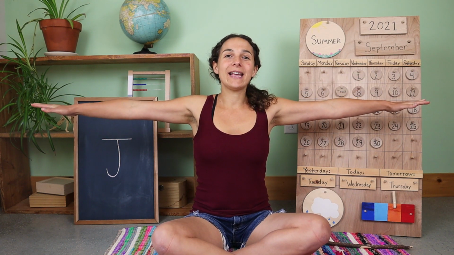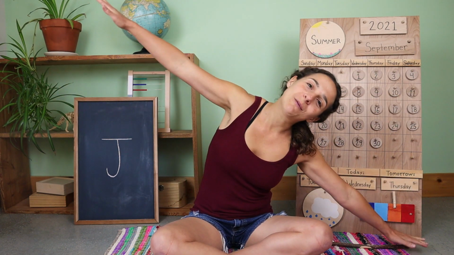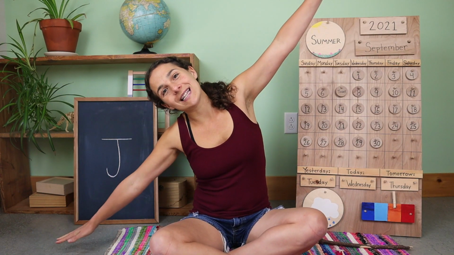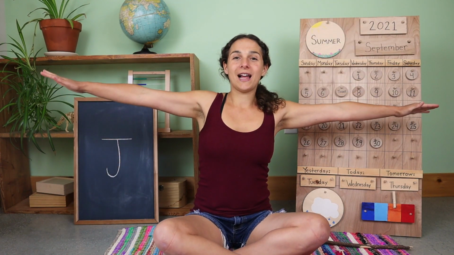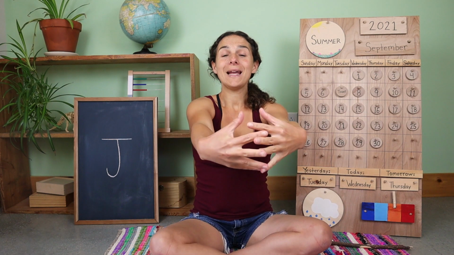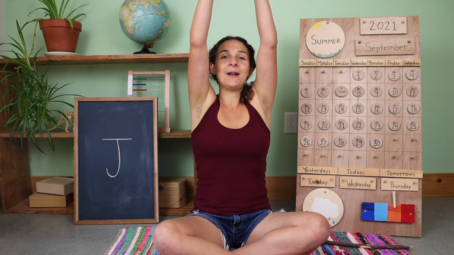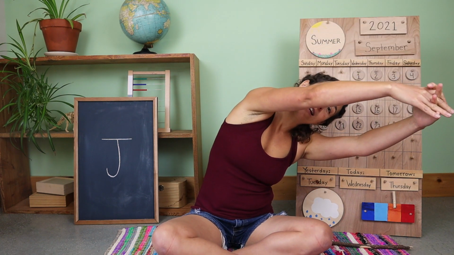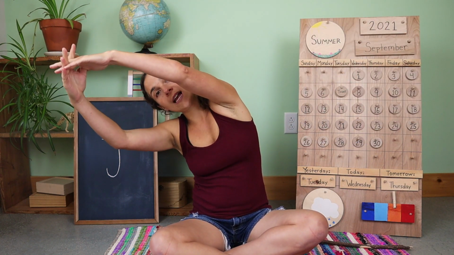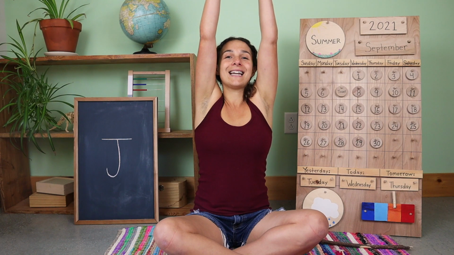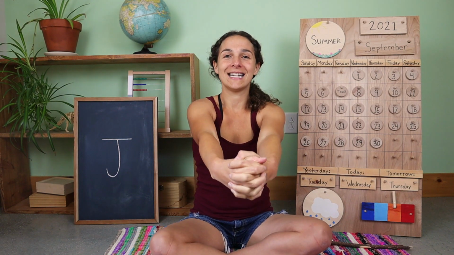Let's stretch our arms out like airplane wings. We'll fly to one side, over to the other side, fly back to the middle. Big stretch out in front. Now take the circle up over your head, and we can stretch on this side, over to the other side. One last time, and now let's sing together.